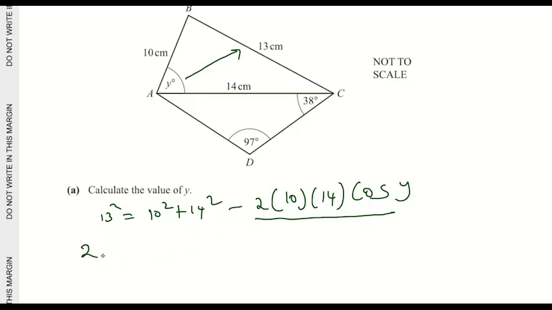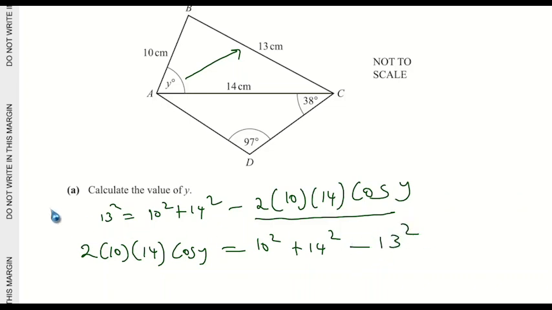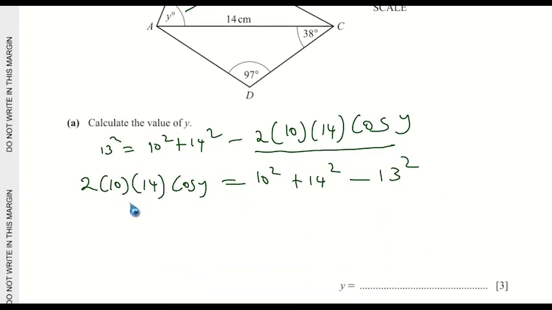So it will be 2 into 10 into 14, then cos y equals, then this one is already here, 10 squared plus 14 squared, then 13 squared comes here, minus 13 squared. Okay, so it's easy. So cos y equals 10 squared plus 14 squared minus 13 squared divided by 2 into